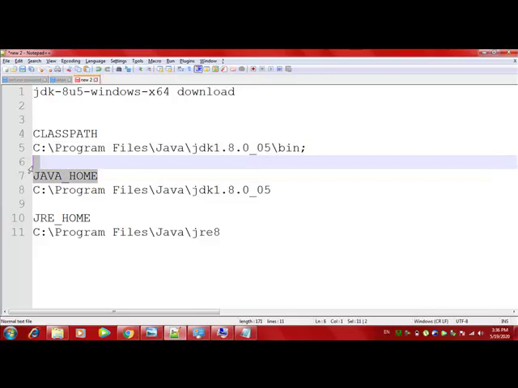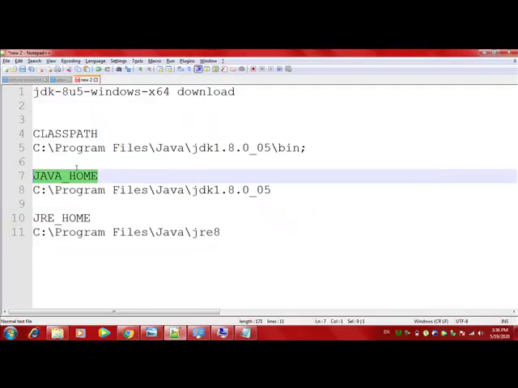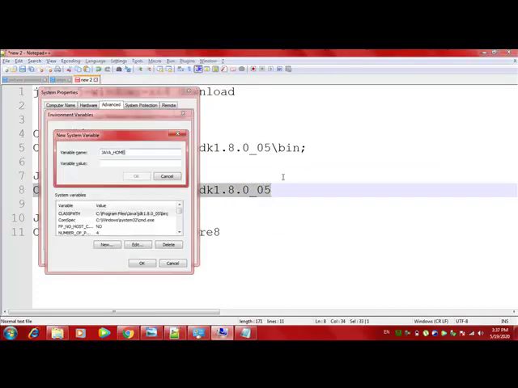JAVA_HOME and the path for that is this, and a semicolon at the end.